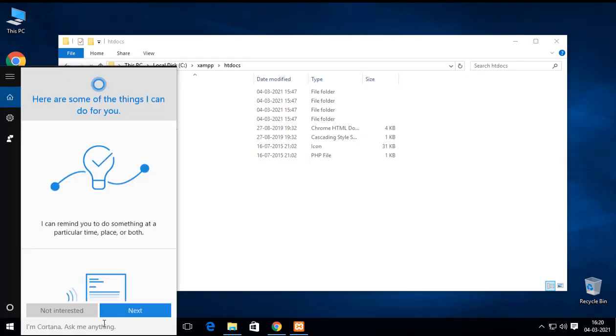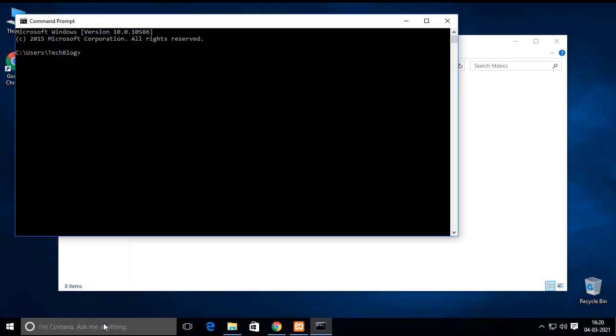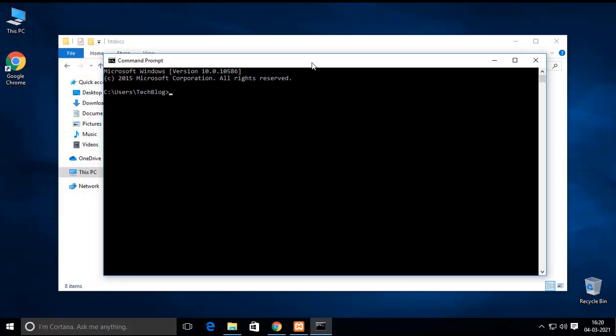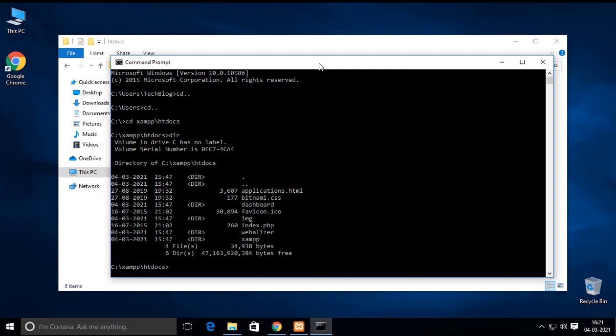So I need a command prompt. Type run cmd, and here we go. And I have to go in my htdocs folder. So go cd, and I have to go cd /xampp, then htdocs. And it is my